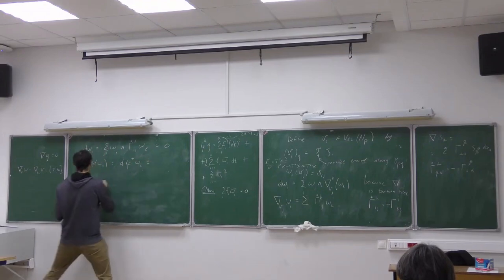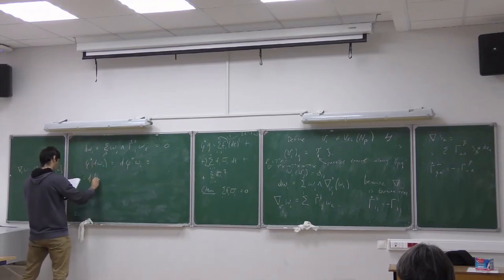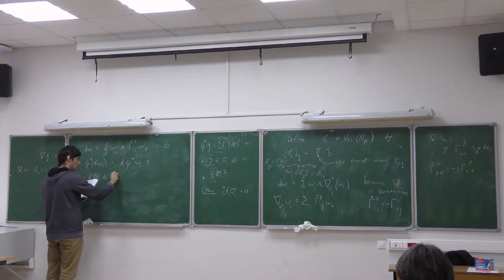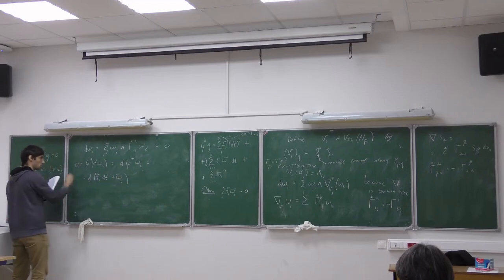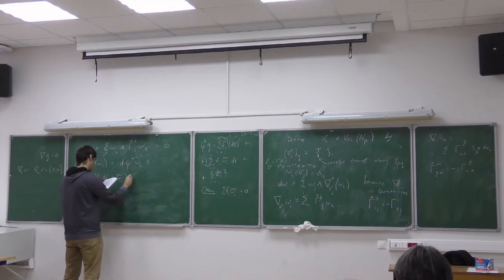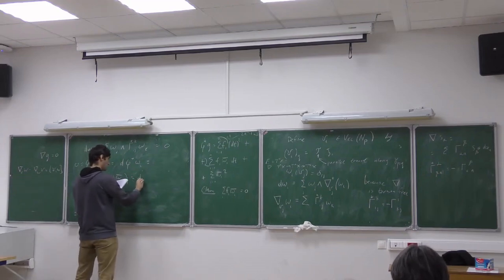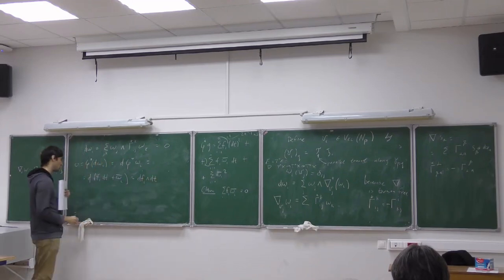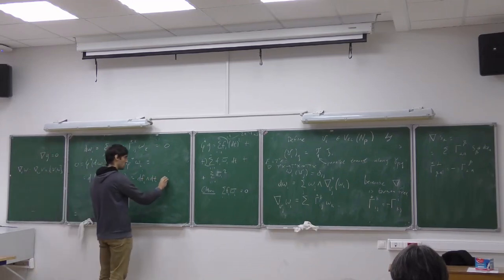And this is d phi I dt plus omega I bar. So this is 0 on one hand. On the other hand, it's this, right? So therefore, it's just d phi I wedge dt plus,